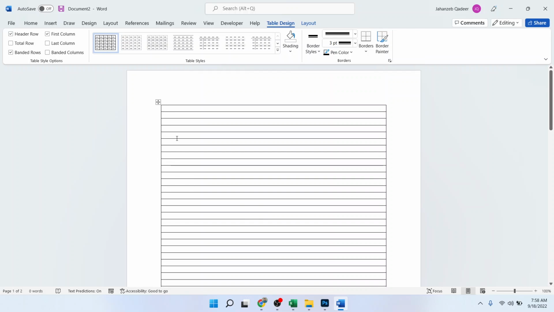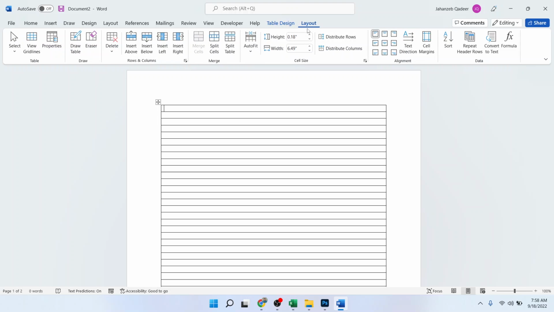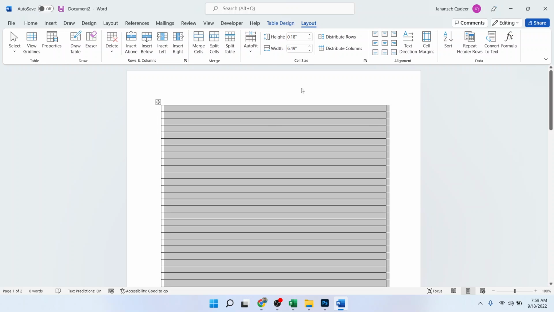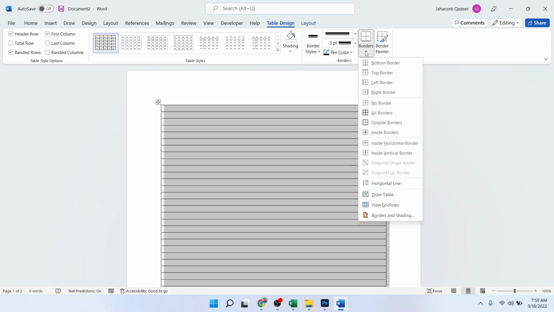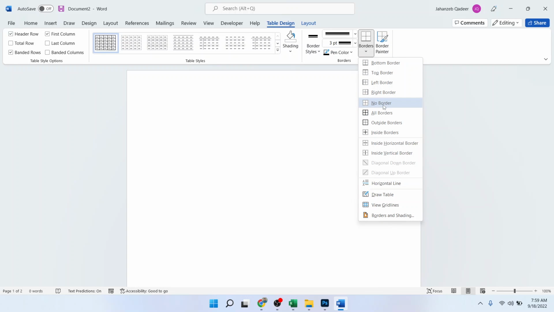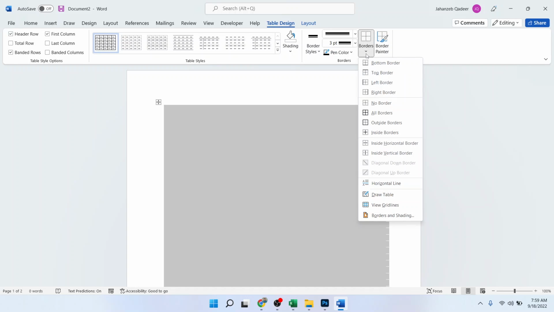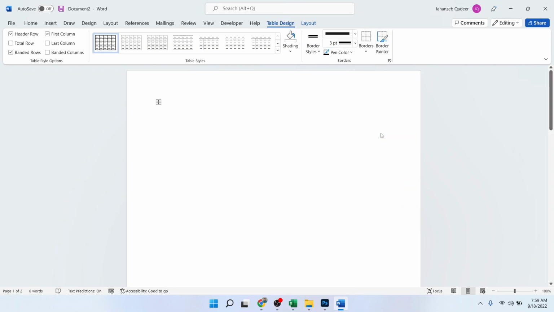So you can see that, and then you need to go into the table design or layout first, and you can click on select and click on select table. Once you select the table, then you need to go into the table design, and here you need to select borders, and first you need to click on no borders, and after that you need to click on inside borders,